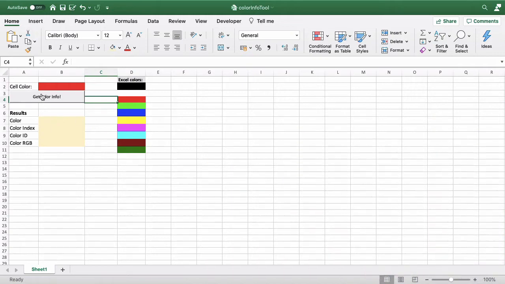Hi, Data Ben here. Today we're going to cover the if statement, and we're going to do that by looking at the Excel colour palette. So we've created a little tool here. The VBA code is already set up. If I click on Get Colour Info, we'll actually get some results generated from the VBA, which I'll show